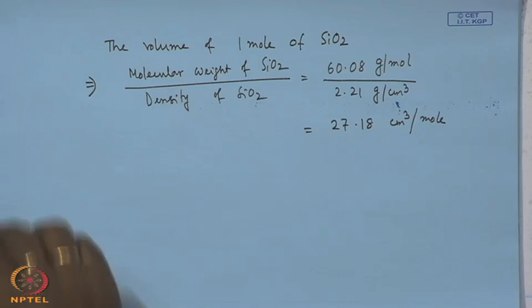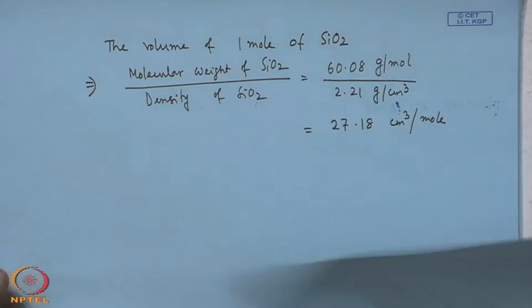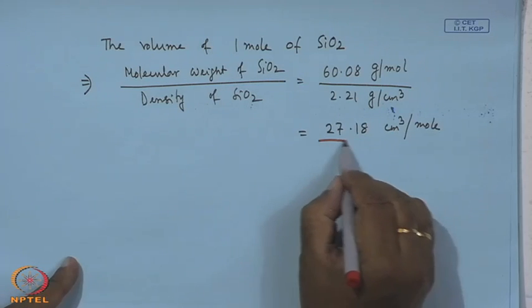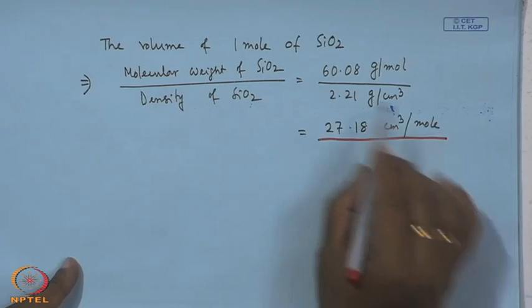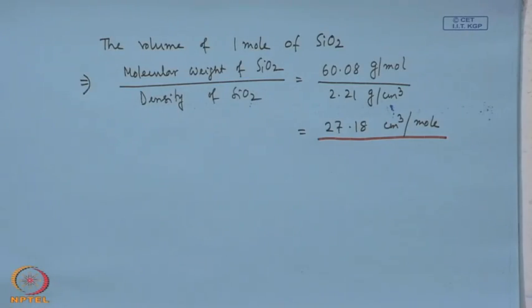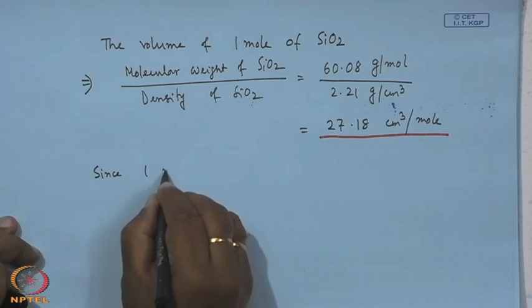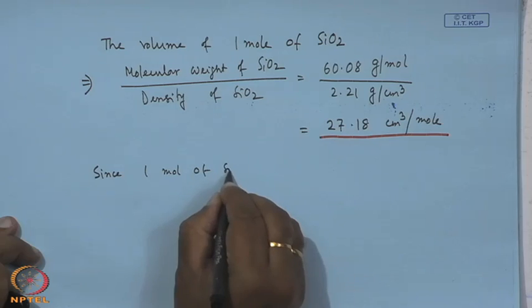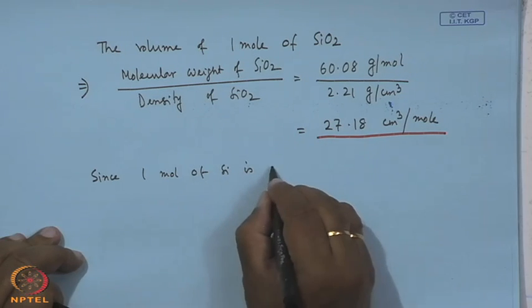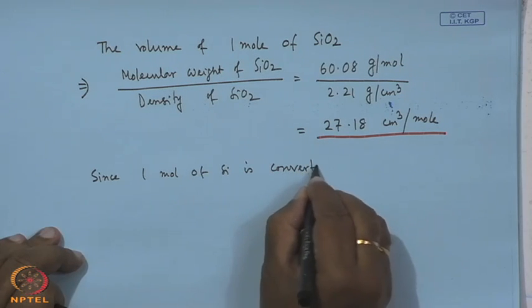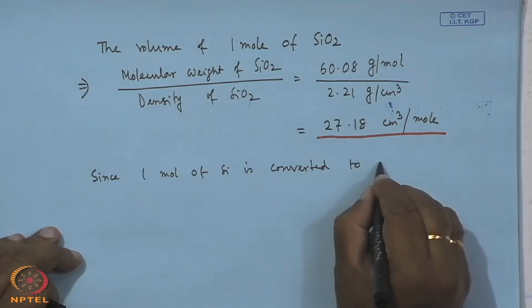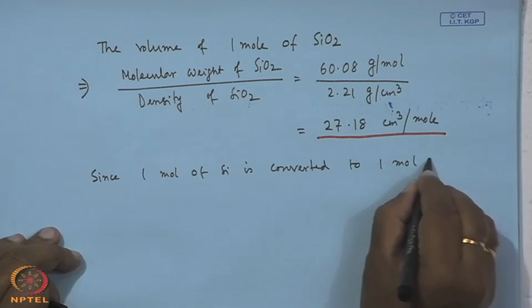So, what values do we get? Here we have obtained 12.06 centimeter cube per mole for silicon, and 27.18 centimeter cube per mole for SiO2. Next, since 1 mole of silicon is converted to 1 mole of SiO2,